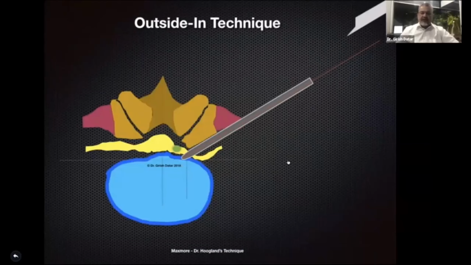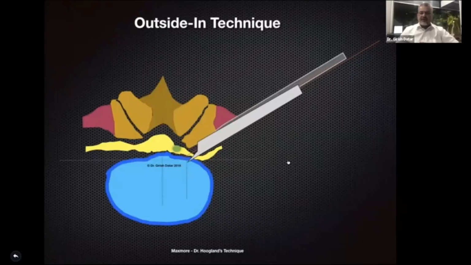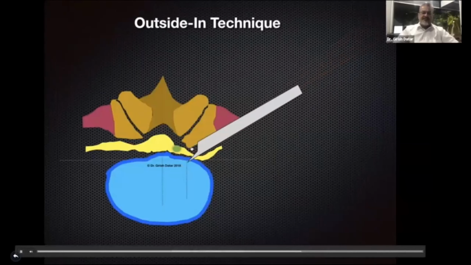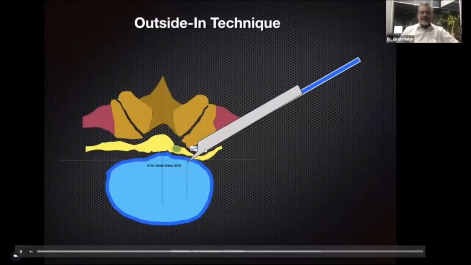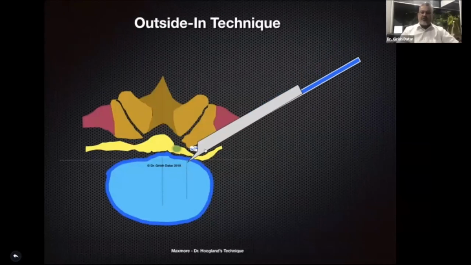And if required, you do the sculpting of bone, because the drills would have taken off the gross part of the bone. The fine bone that needs to be taken, especially this medial beak, can be taken either with the help of a Kerrison rongeur by angulating the sleeve, or with a burr, multiple tools that you can use. Then you can decide whether you want to get into the disc to do your discectomy, or just stay within the epidural space.